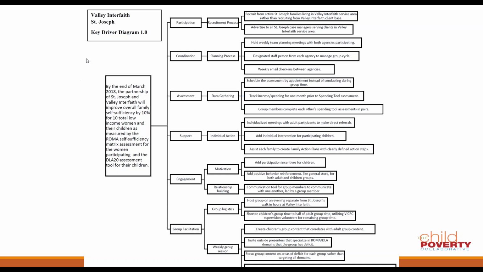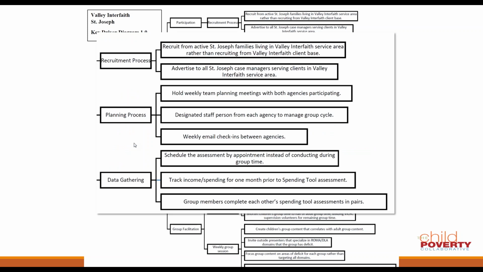And what I want to focus on for a second is their secondary drivers and change ideas. I've tried to blow that up as best I could, or I just took a subset of it because it's relatively complex. So this is just the first three secondary drivers and then a set of change ideas. I want to highlight a couple of things that I thought were good practice in this particular driver diagram. Each of the secondary drivers sounds like a place in the system, an actionable moment in time when I could do something different. So the recruitment process, the planning process, the data gathering process, I'm going to say process, even though that's not present there.